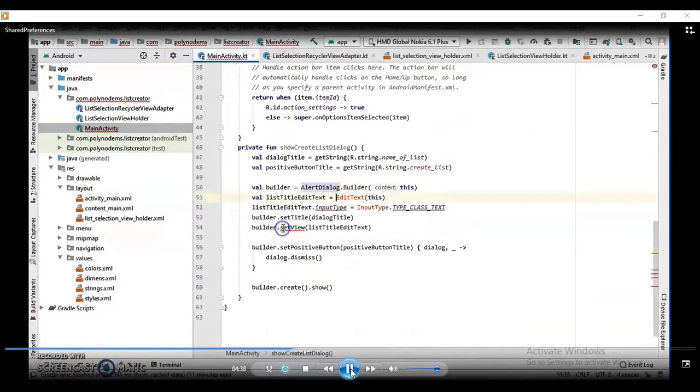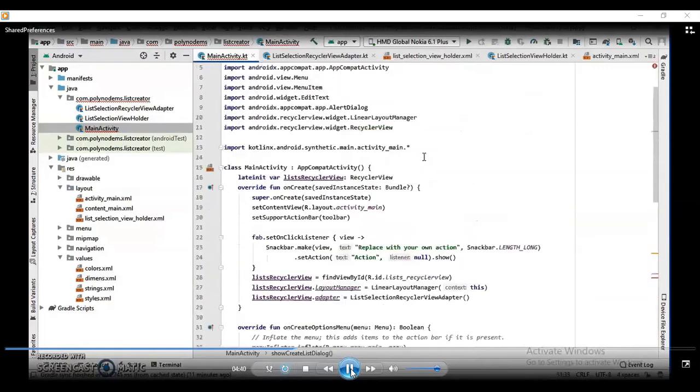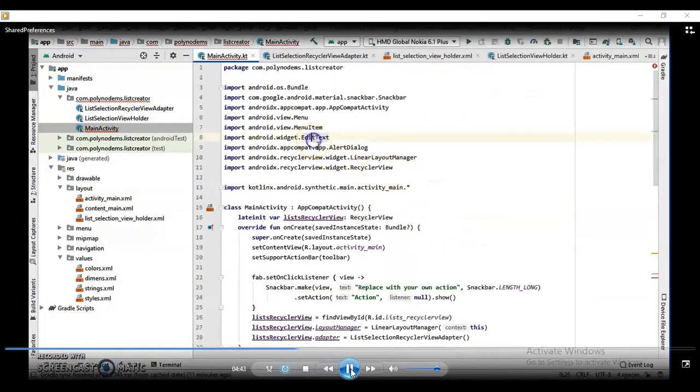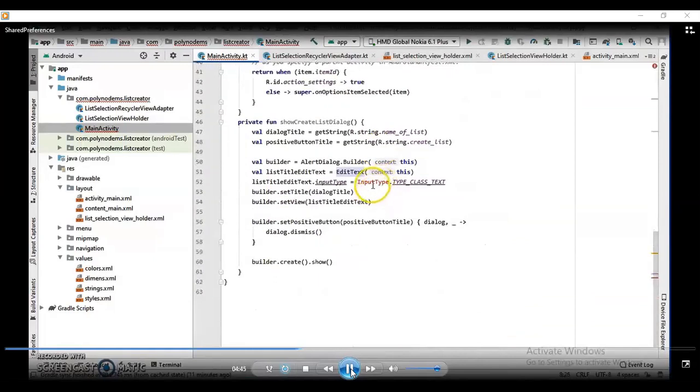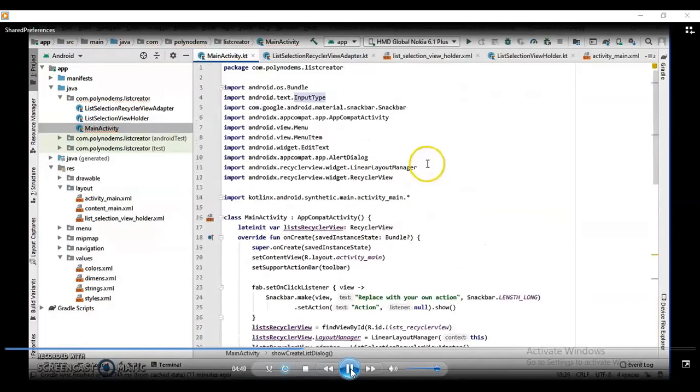Similarly, you can import the reference for edit text, which is from android.widget. Similarly, you can import the reference for input type, again from android.text. So after adding these references,